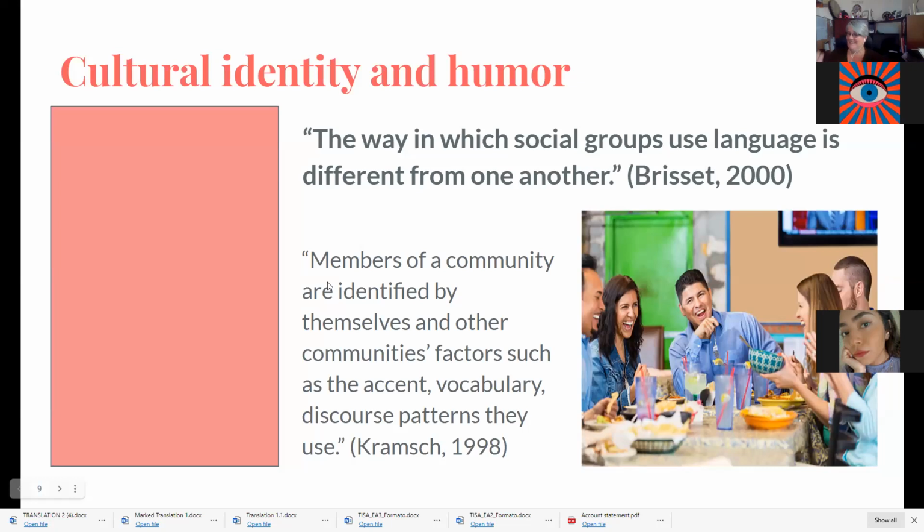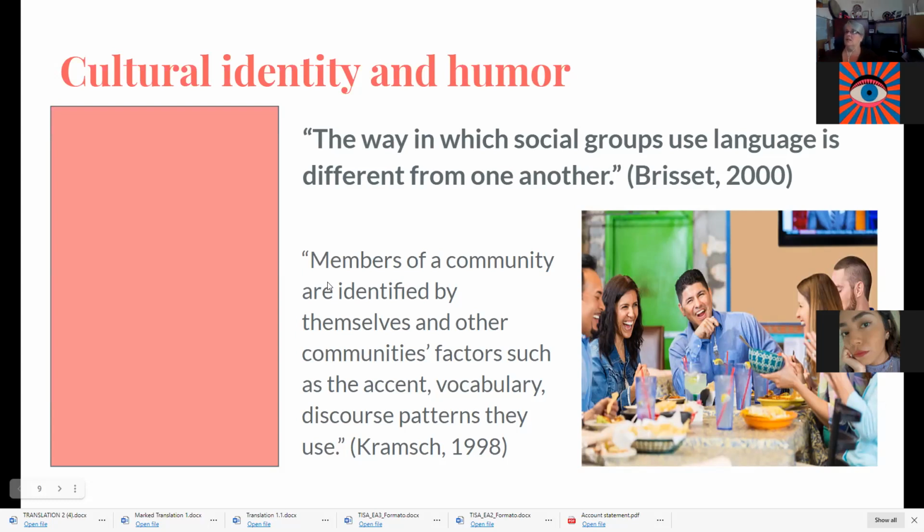That's one of my favorites because it shows the next point specifically. It shows cultural identity and humor. Each culture has its own identity and its own humor, what it considers funny, what it considers interesting, what it considers good humor and good fun. And so we have some definitions here of cultural identity. But the important thing here is that one of the elements of this cultural identity is this shared humor and what